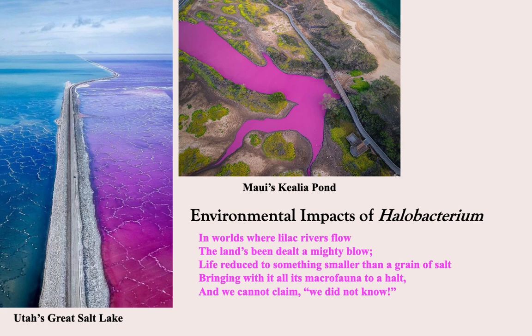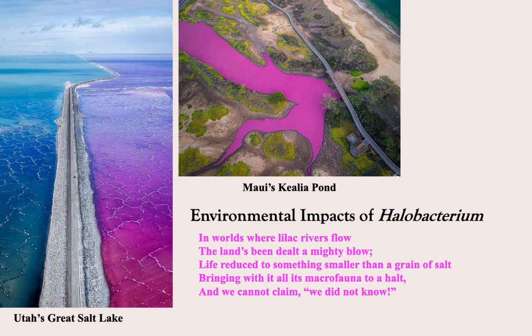Halobacterium raises environmental red flags. When a railroad causeway was built in Utah's Great Salt Lake in the 1950s, it divided the lake into a north and south arm, cutting the north arm from the influx of fresh water and raising its salt content to double that of the south arm. In the north arm, Dunaliella salina and Halobacterium thrive. Despite the beautiful color displays, this was not good for the other organisms that previously existed in this ecosystem. Brine shrimp, brine flies, green algae, and all the migratory birds were no longer there. All the living communities had been reduced to the microscopic level, causing a bit of a man-made environmental disaster.